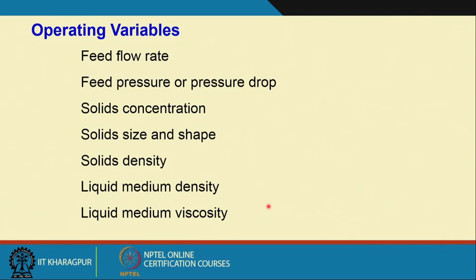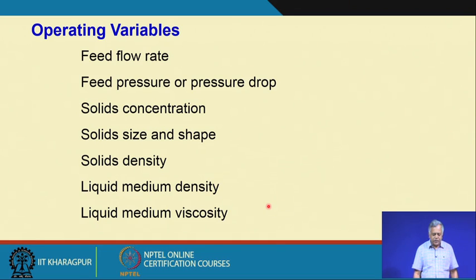Now, you have got operating variables as well. So, we have discussed the design variables. We have got operating variables like your feed flow rate, feed pressure or maybe the pressure drop, then solids concentration, how much is the feed solid concentration, solid size and shape, whether your particles are flaky in nature or spherical in nature or angular in nature. Then what is their size distribution, then solids density, what is the density of your solid particles,